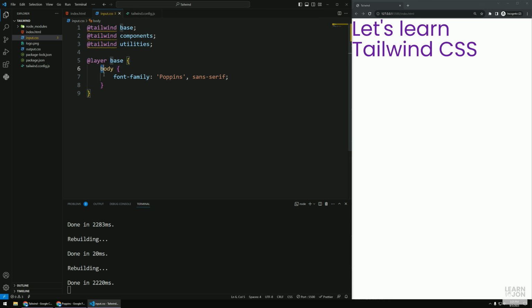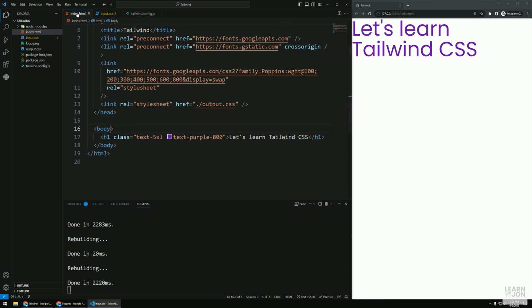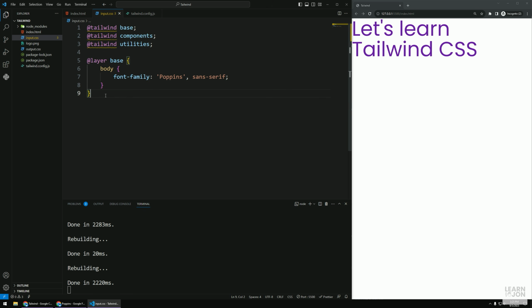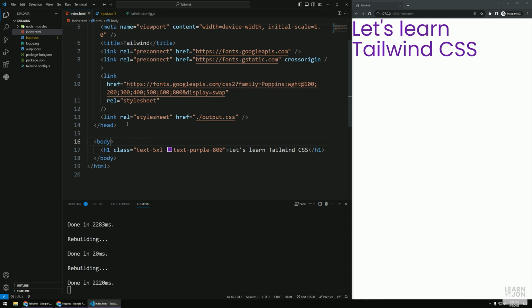So this, again, we would put in the style sheet or a style element, but now we're just adding it into the Tailwind directives. That's two ways to apply custom CSS. Now let's create something together using Tailwind so we can learn more about it. So going back to the Tailwind documentation,